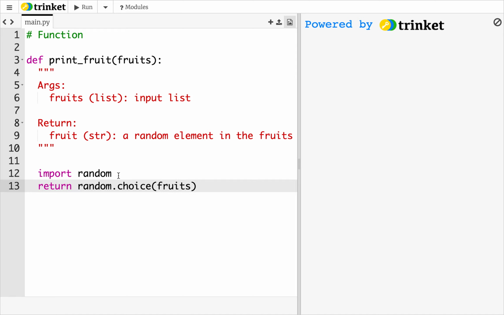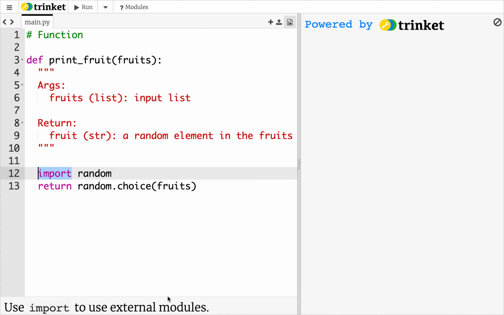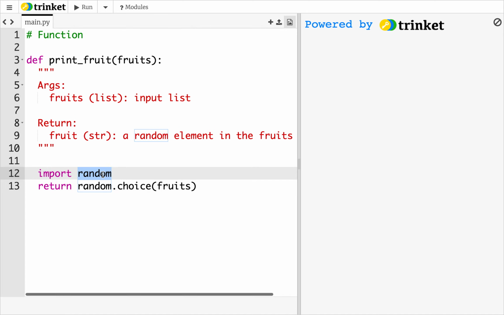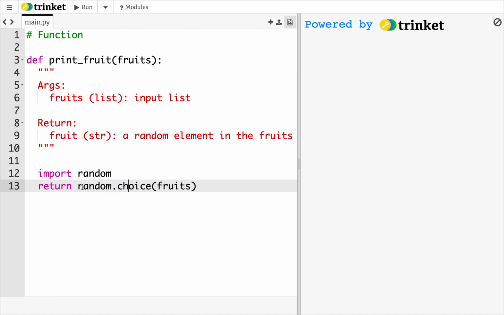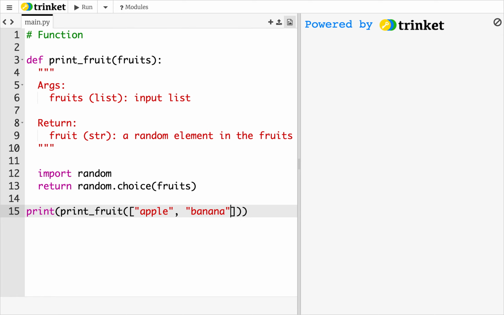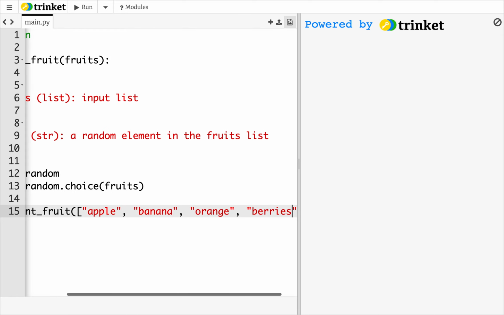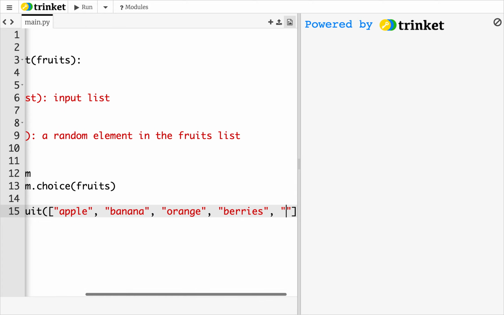fruits. In case you don't know, import is just using an external module. Random is installed with Python, so it's one of the default modules. And what is random.choice doing here? It accesses the random module, chooses an element randomly in that fruit list, and then returns it. And then to see, we can say print fruit, and then let's say apple, banana, orange, berries, and